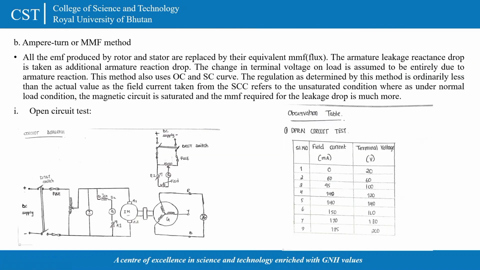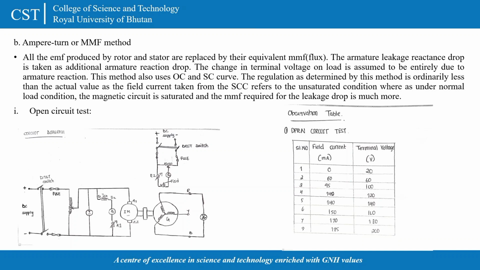As for the second one, we have the MMF method, which is also known as the ampere turn method. In this method, the magnetic circuit is considered to be unsaturated, and both the reactance drops are replaced by their equivalent MMF. It also requires the short circuit and open circuit characteristics, which is similar to the EMF method. In this method, it will usually give